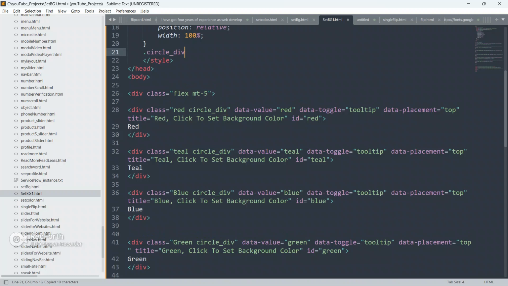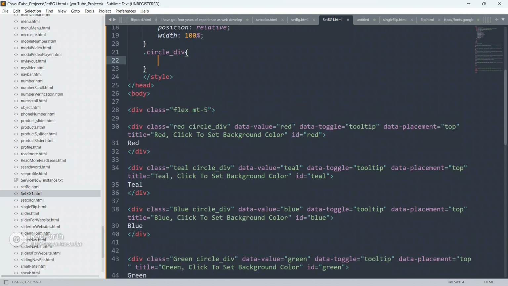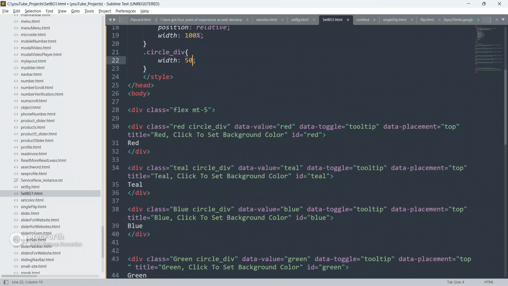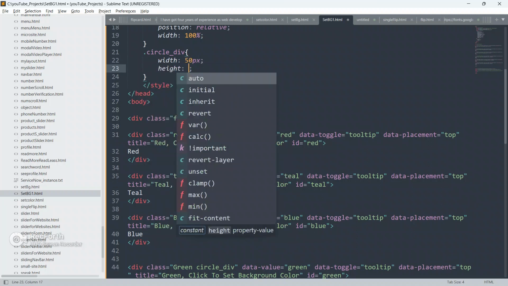Now going to target this div circle div. Okay, so go up, paste it here and style it. So give width according to your needs.